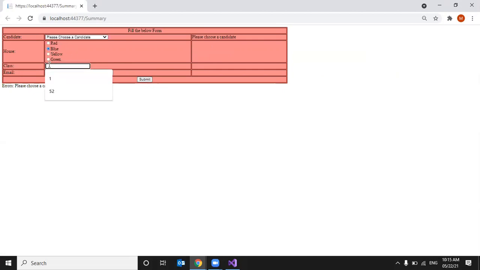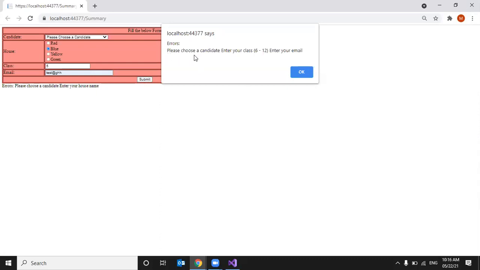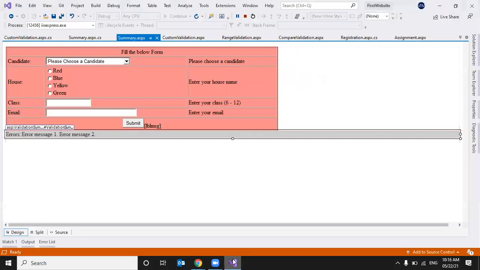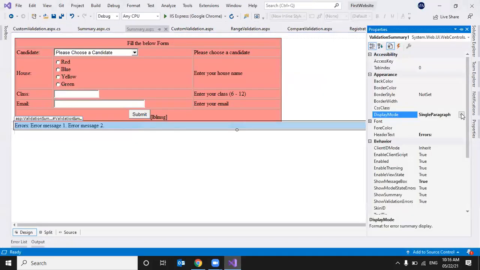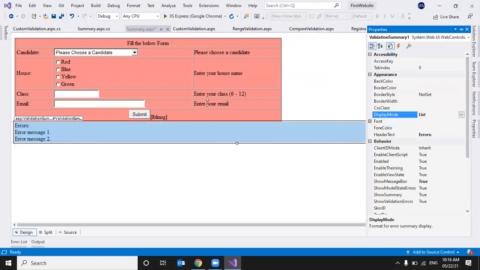Now I'll type 5. I'll give some wrong mail ID. Now I'm clicking on submit. See here, please choose a candidate, enter your class, enter your email. That is about single paragraph. Now I want to list. I'm just running it.